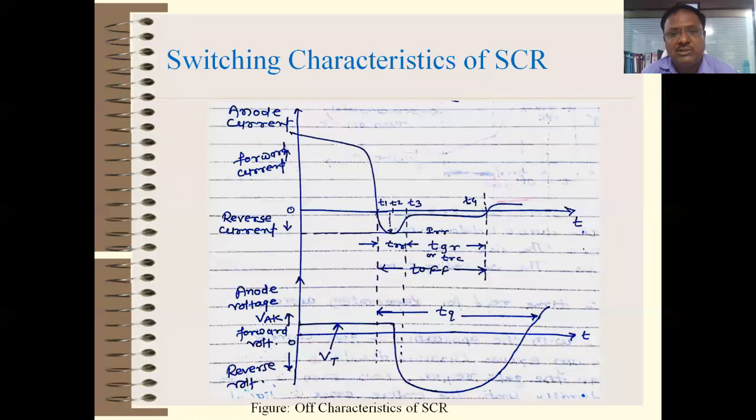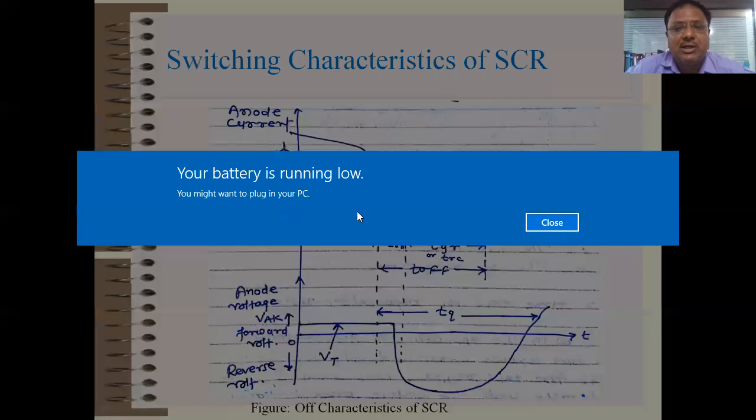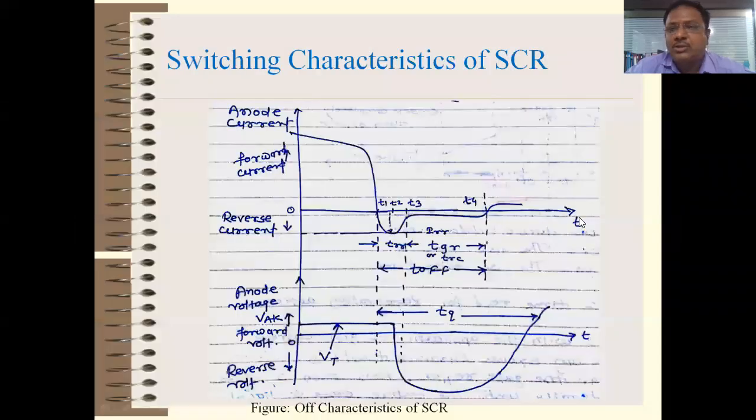If you are applying alternating current to the SCR, during the positive half cycle the SCR is on, but during the negative half cycle, the anode voltage is negative with respect to the cathode, so the SCR remains off. So the SCR turns off with a natural reverse voltage. If you apply a reverse voltage to the SCR, then your SCR turns off. That is called natural commutation.